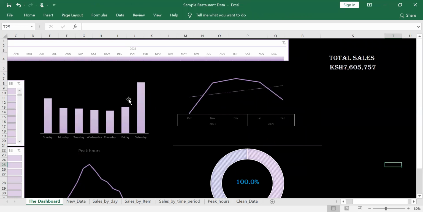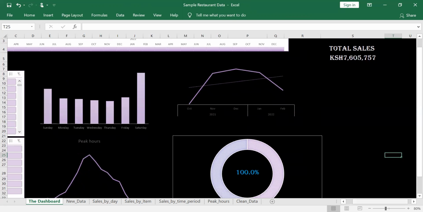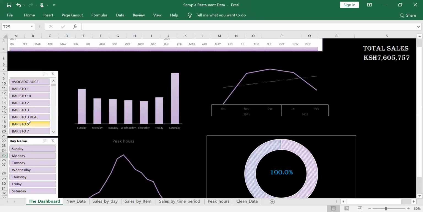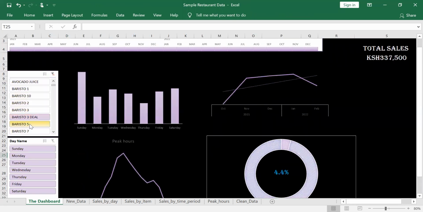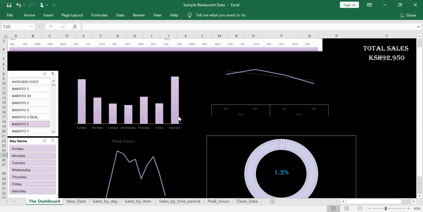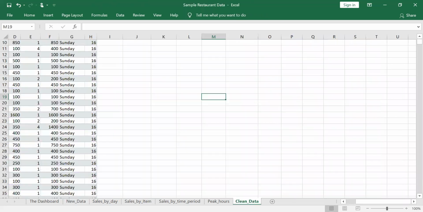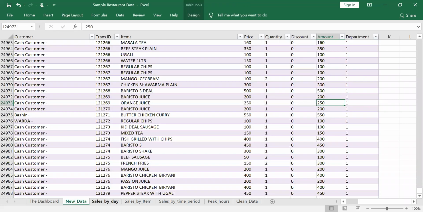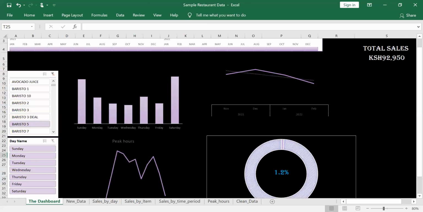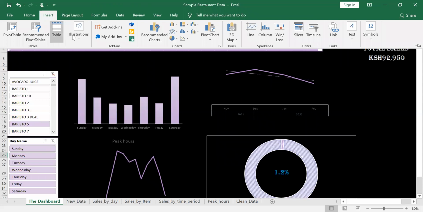Cancel this. You can see how dynamic this one is. And it is very helpful if you're maybe writing a report on something. You click on this, know the Barista 5 usually sold on Saturdays and how you're going to convince them. And it's very dynamic. New data, you can come and add new data here, refresh. Remember what we did. It comes and reflects on this here. Then it changes everything, and your dashboard is your most important thing. You can add so many things in more on designing things,